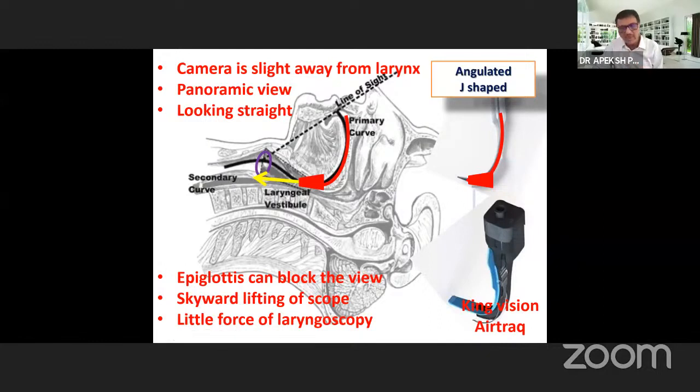You need to lift this camera upward. So many times with this type of laryngoscope, you need to make an upward movement, an upward lift of the laryngoscope to get the complete view. If you look at the